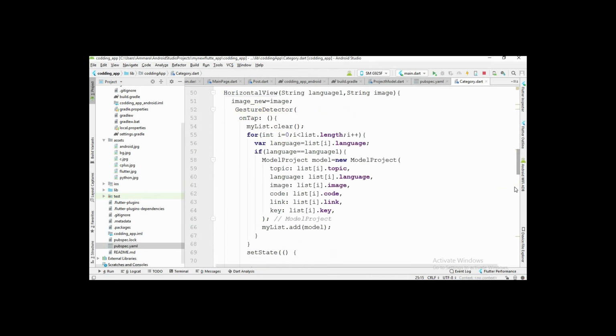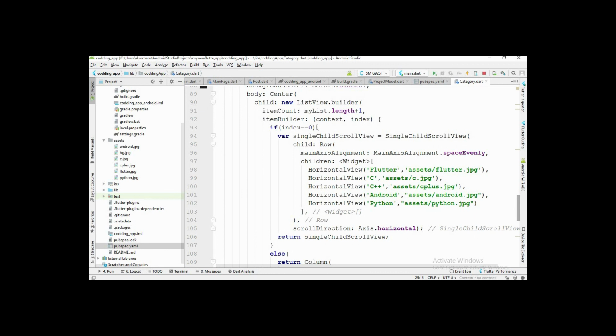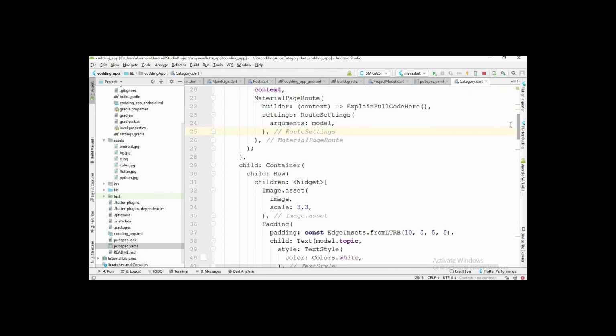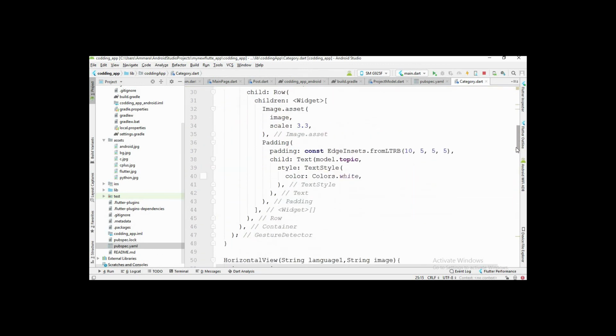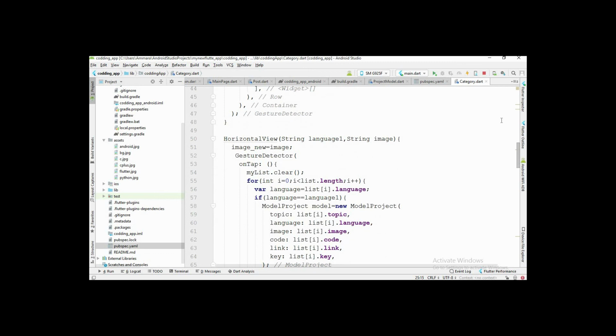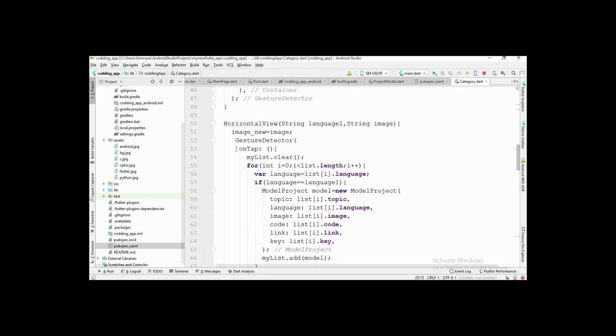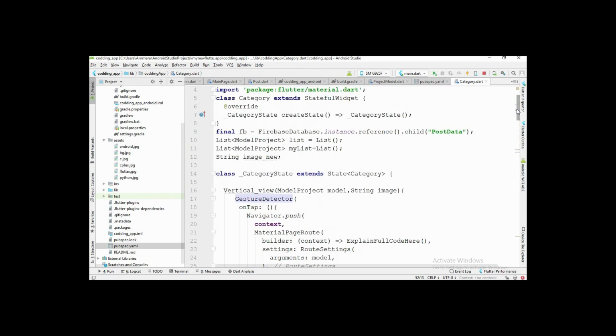So here index 0, and I see that here I call this HorizontalView class. So go to this class HorizontalView, and so yes, here is a problem. We did not return any child here. So here is a problem, and I think I did not return here. So that's why it says that the child is 0.